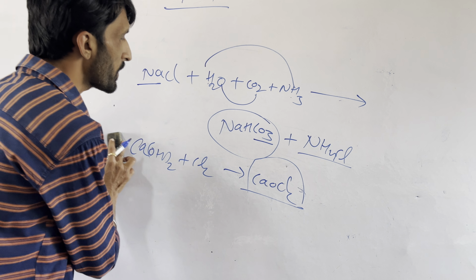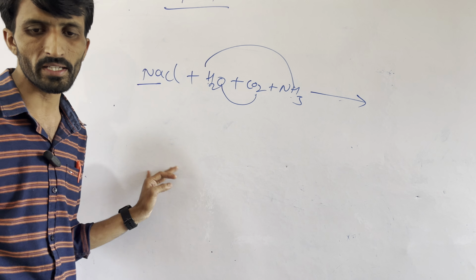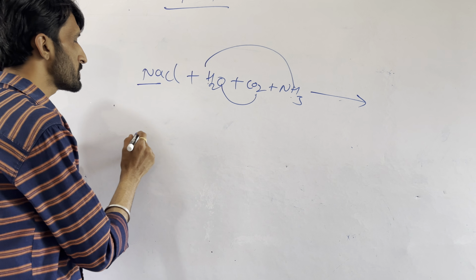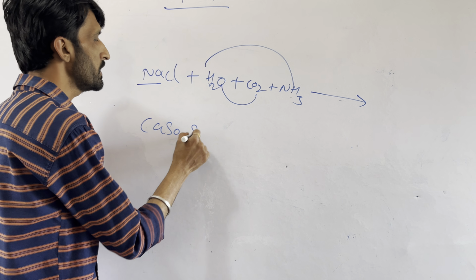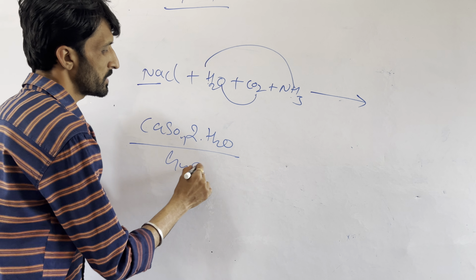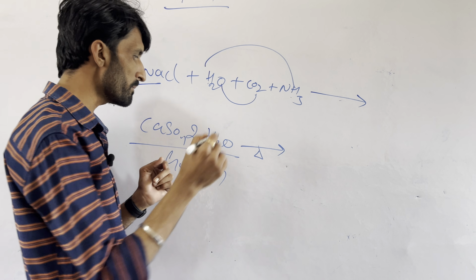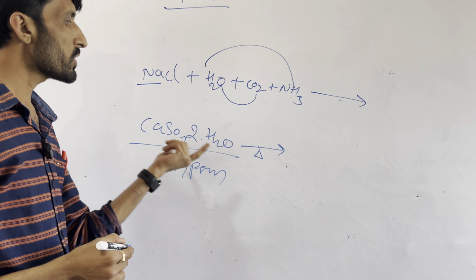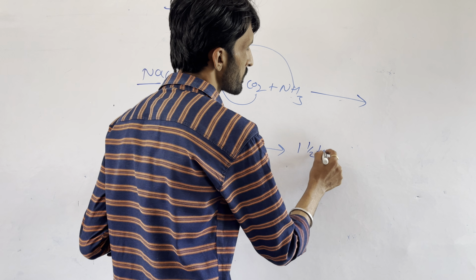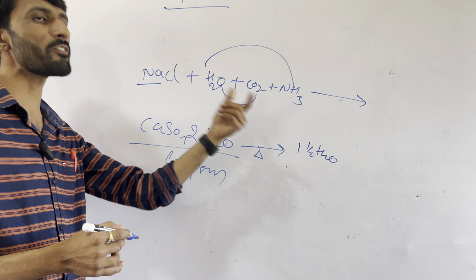Next we have an important one for the examination. This year they will compulsorily ask about plaster of Paris. So plaster of Paris we are getting from gypsum. What is the formula of gypsum? Calcium sulfate 2H2O. This is called gypsum. From the gypsum, as we are heating it at 373 Kelvin, at that temperature 1.5 water molecules are eliminated from this one. How much water? 1.5 water molecules.